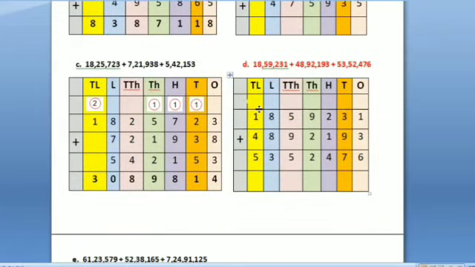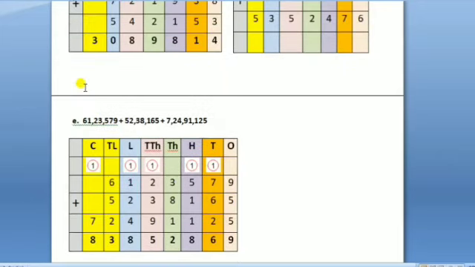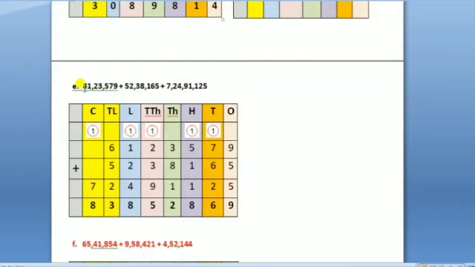This sum, try to solve in the similar manner. Let us see E sum. Again, the rules are the same, the procedure is the same, the only difference is that here bigger values are defined. Again, we'll be defining our headings. Then we'll be defining the first number as per the correct place value, the second number, and the third number. Very important is that as per the place value, try to arrange all the digits.